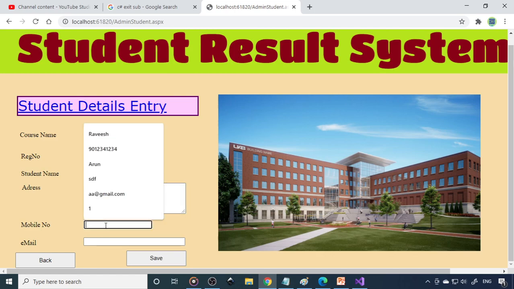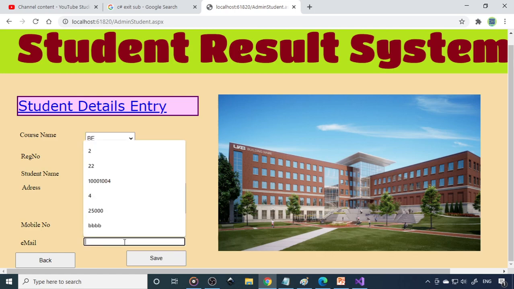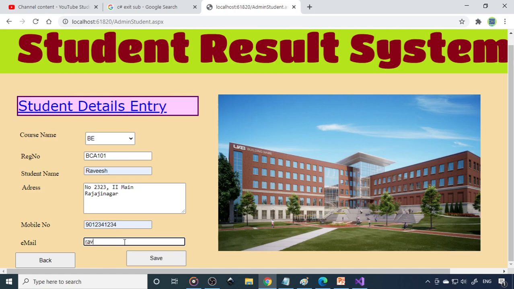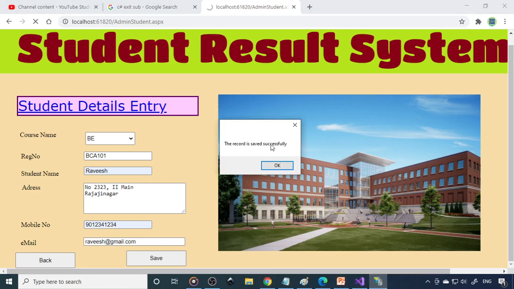Then next is the mobile number, so I'll just take one dummy number. Then this is ravish@gmail.com. Now when I click save, there should not be any error. It should show me the message, the record saved.